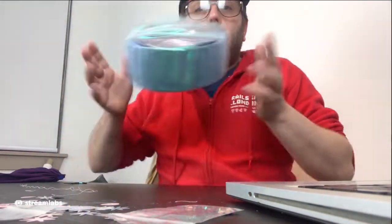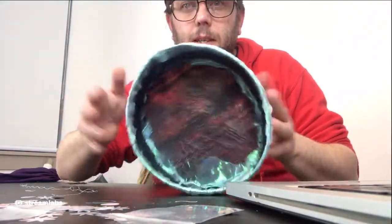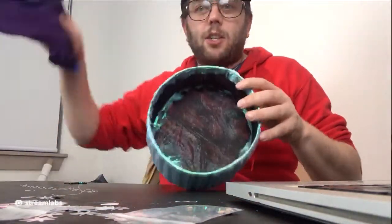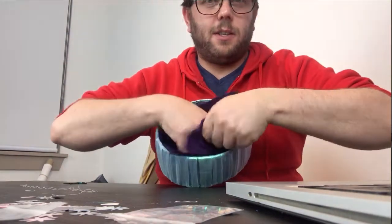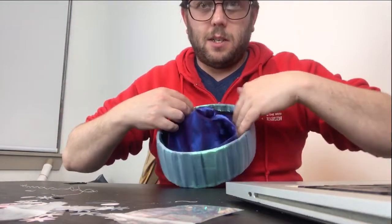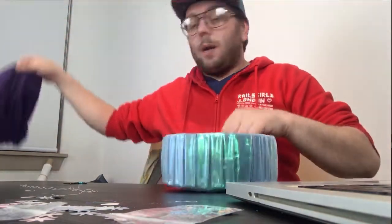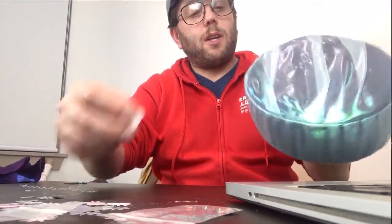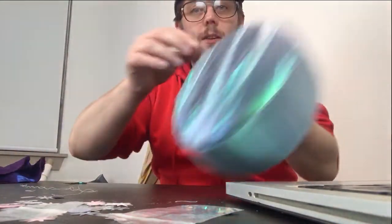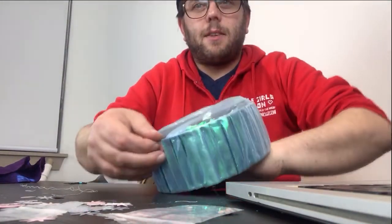Right, so that's the inside. And before we actually attach our liner, so the liner's going to look like this once it's finished. Kind of that looking. I'm going to start attaching some of these to the